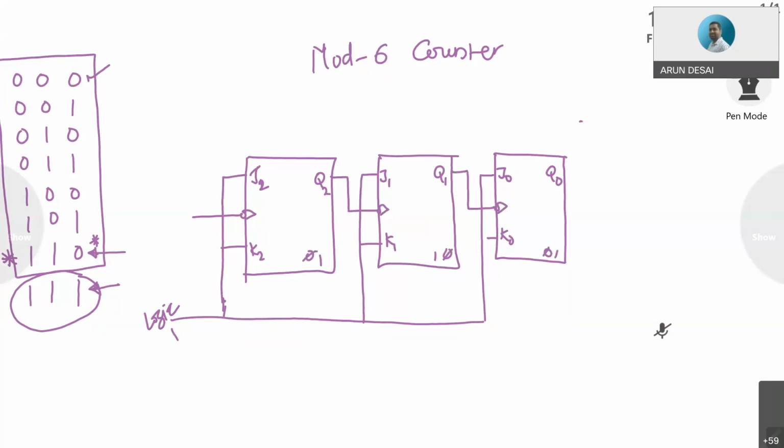So when my outputs are 1, 1, 0, it should